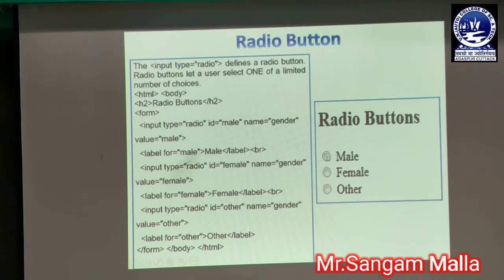After the implementation of the radio button, we have to print a label over here, that is male. So we have given a label for male and inserted the word male, which means male will be printed over here. Next, again we have to go to the next line, so we have used the BR tag. After printing the label, the cursor will be in this position, and after encountering the BR tag, it will be moved to the next line.